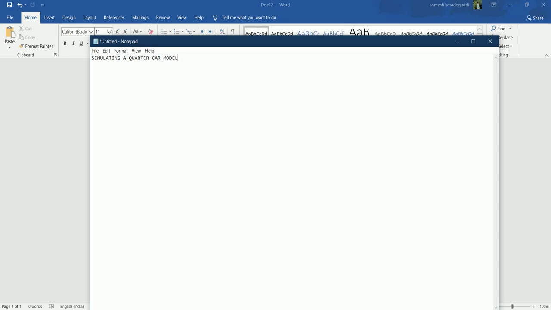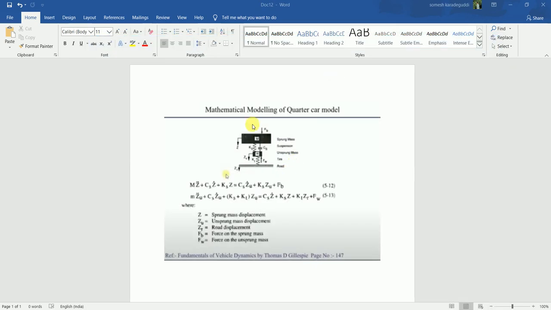Hello friends, so in this tutorial we'll be simulating a quarter car model. So this is the mathematical modeling of the quarter car model. I've taken this reference from Fundamentals of Vehicle Dynamics by Thomas Gillespie. He illustrates the model of a quarter car in two equations. We'll be solving these two equations in Simulink and plotting the graph to find the nature of the graph,